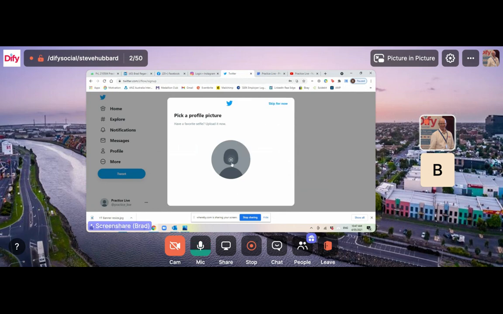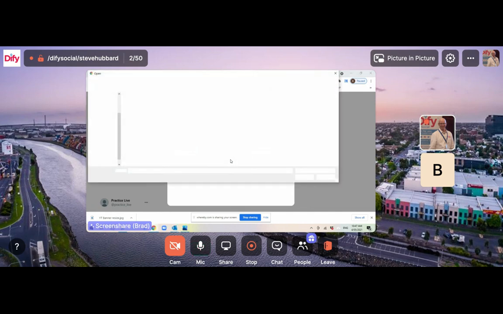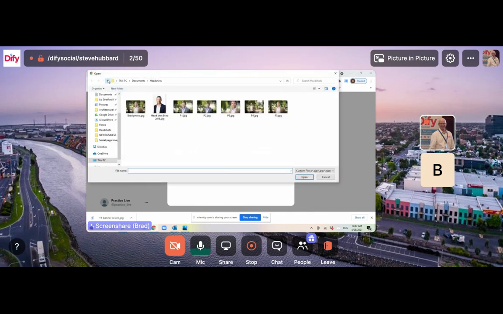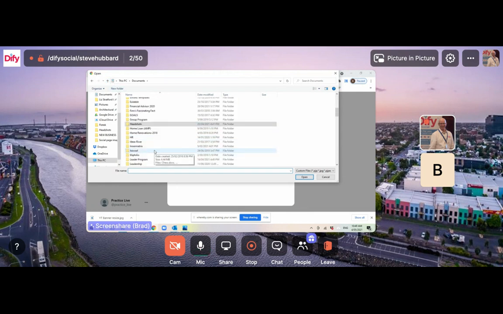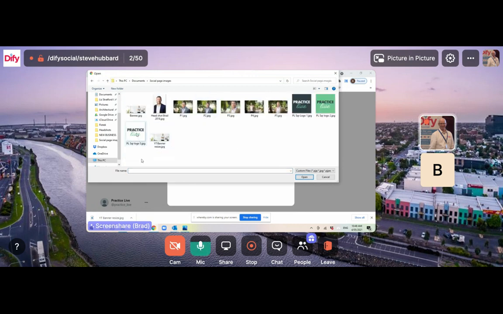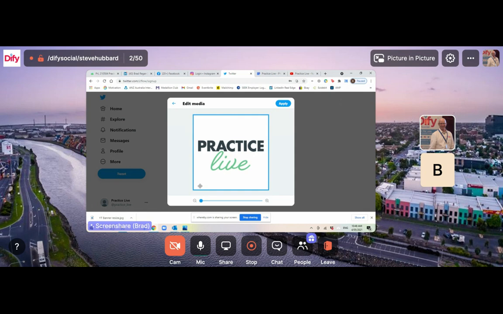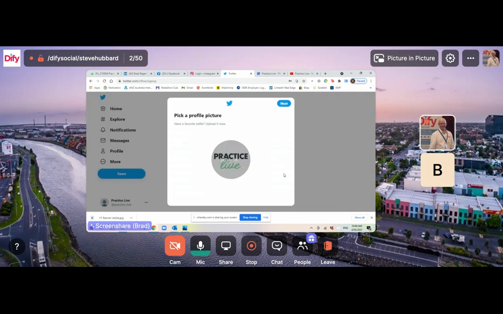And then you can do your logo, your Practice Live. This is the logo? Yep. Social, I think. Yeah. And then next. And then your bio. I reckon we do start. This one gives you a bit more flexibility in your bio, but I think